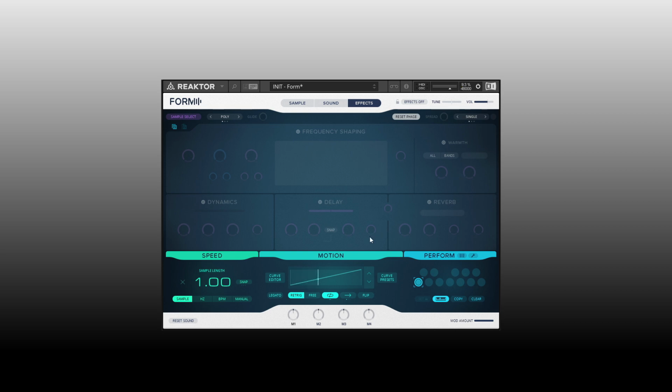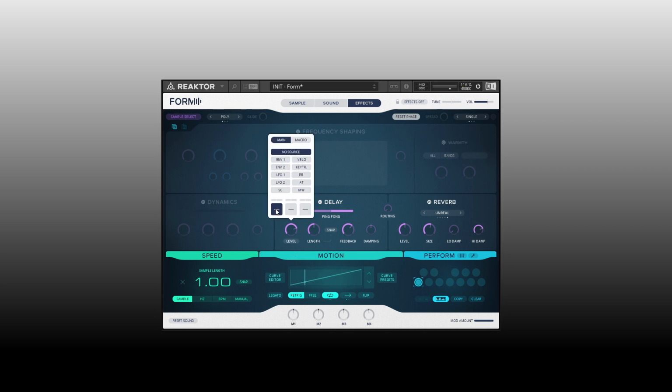Okay, and so that is the effects page, and we talked about the macros earlier, and I said I was going to discuss these on the effects page. So let's turn our delay and reverb back on just so we can see that. So for the level, for the delay and reverb, we have those here. If we click on the label, we can then click and assign a macro, so M1,